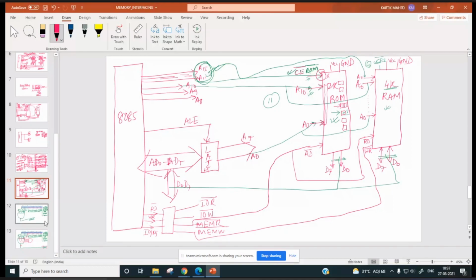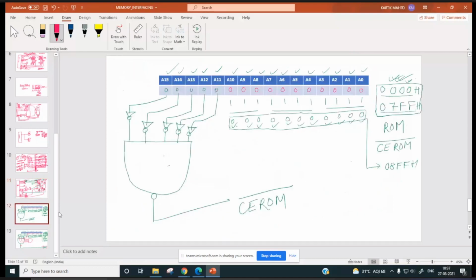So address 0800H onwards, this CE ROM is going to be 1. Okay, so ROM chip won't be enabled.